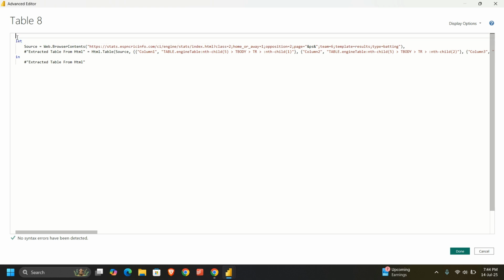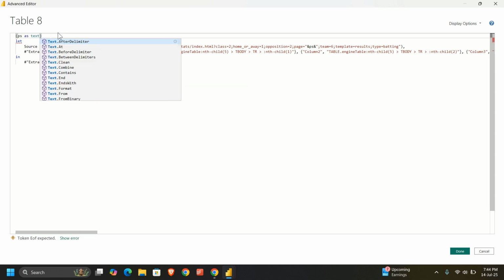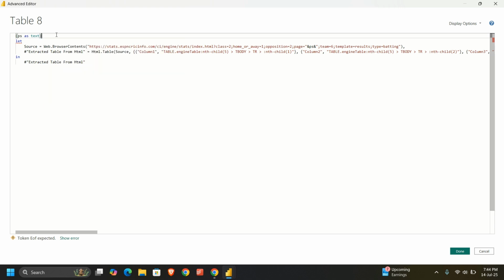Now I'll declare ps as text. Then I'll press equal to and the greater than sign, and click on OK.